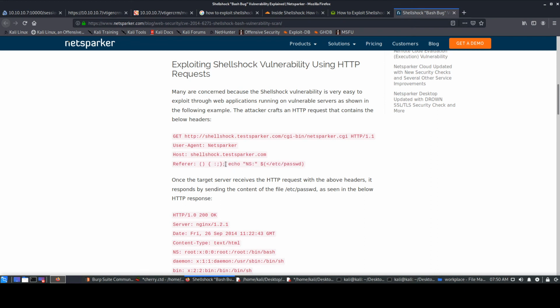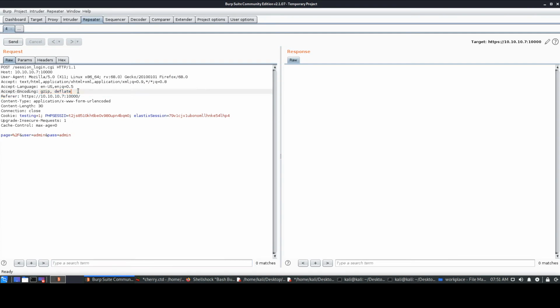So what we'll do is take this part and quickly copy paste it. I don't think we need the other part. We'll copy it and go to Burp, and we can put it anywhere, I guess. You can put it in the user agent. Don't put it in the host, obviously, because otherwise it will not know where to go. You can use the referrer, or you can use the user agent as well. So we put that.